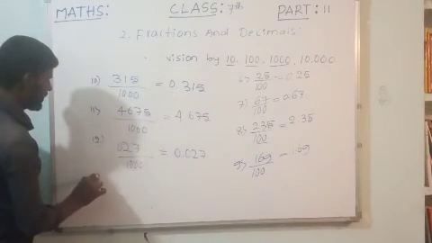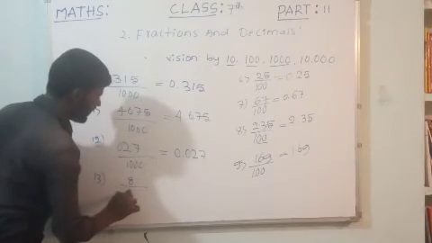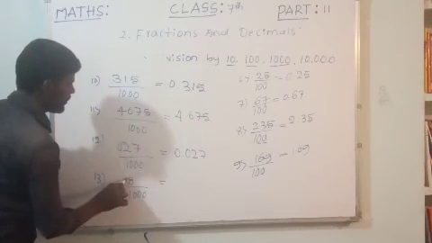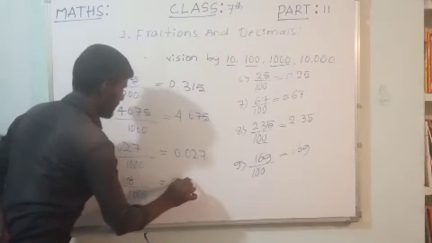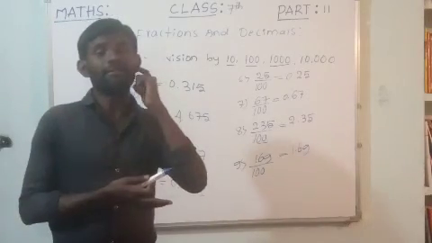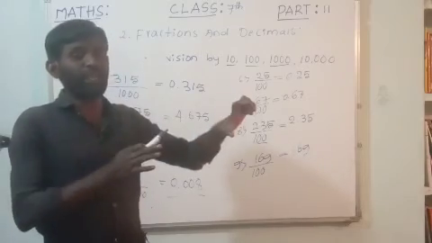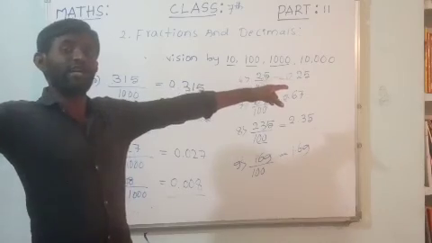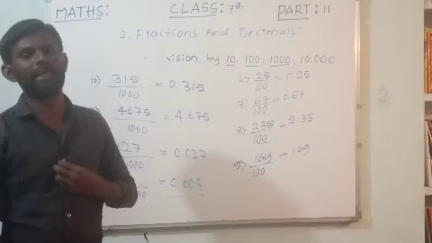That is 0.027. Example 13, dear children. Suppose only 8, 8 by 1000. What will be the answer? 1, 2, 3. Give the decimal point. That is 0.008. Yes, it completes that we can divide numbers by using 10, 100, 1000. For 10,000, if you take the number of zeros, 4 is there. Now in the numerator, after 4 decimal places, we have to give the decimal point. That completes the division by 10, 100 and 1000.